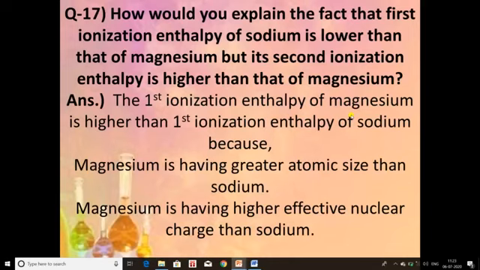But when we remove the second electron, you will observe that in magnesium positive, only one electron is present now, so we can easily remove it. But in sodium positive, now 6 electrons are present in the p orbital. So it is stable, the p orbitals are fully filled, so more energy is required. You will do this question by yourself by writing the electronic configuration.